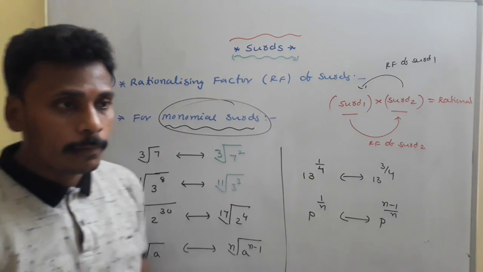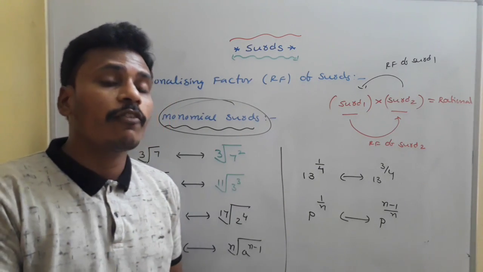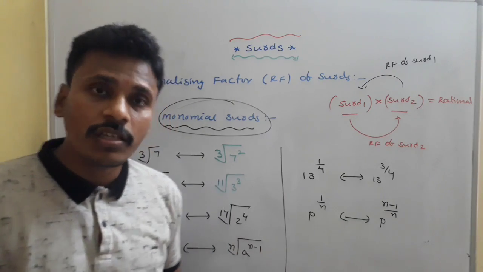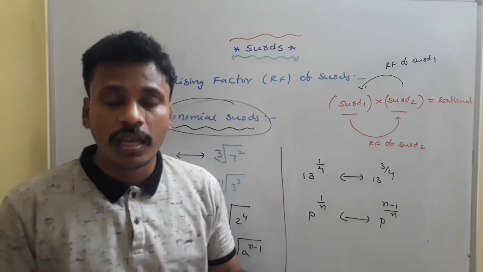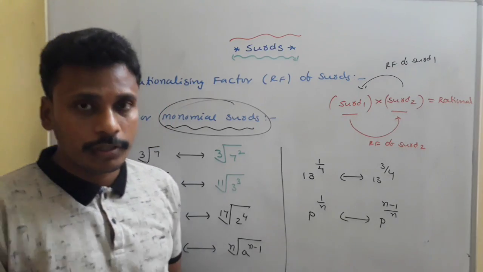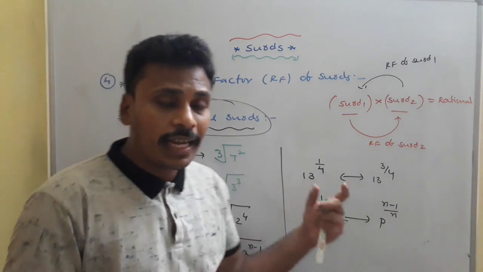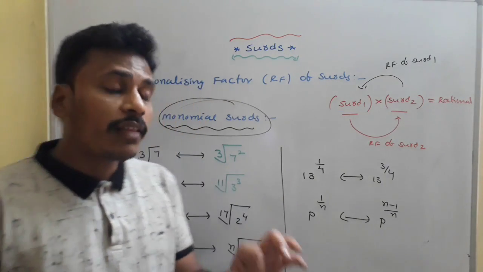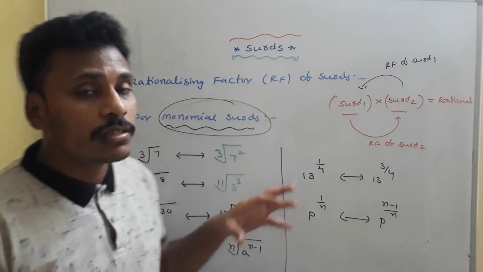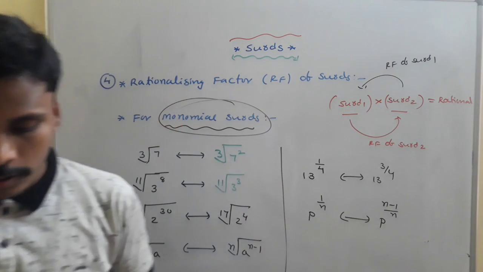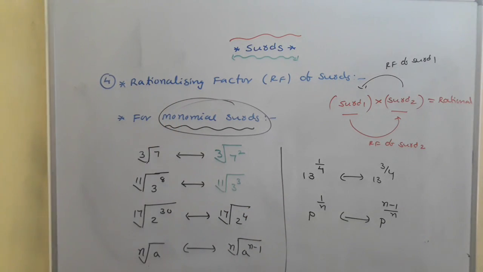And in the next point, I will give you the rationalizing factors for binomial sets of order 2, of order 3, of order 4, of order 6, and then for trinomial sets and everything in further points. Just have a look, get an idea about the rationalizing factor, and try to identify the rationalizing factors of monomial sets easily. Okay, that's about this fourth point. Have a look, make a screenshot. That's for this class.